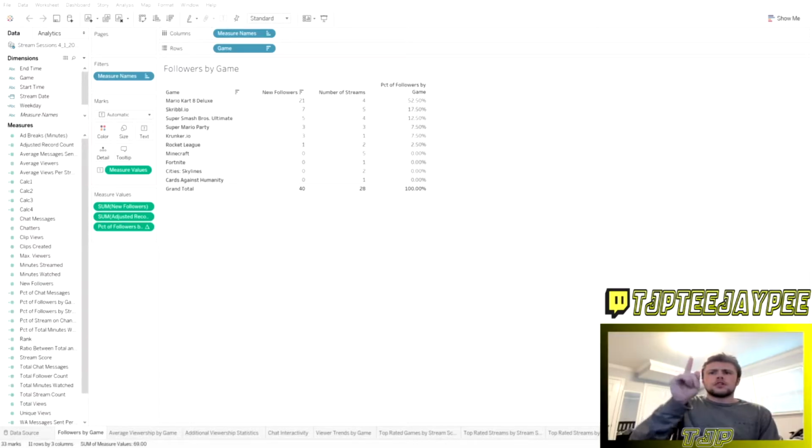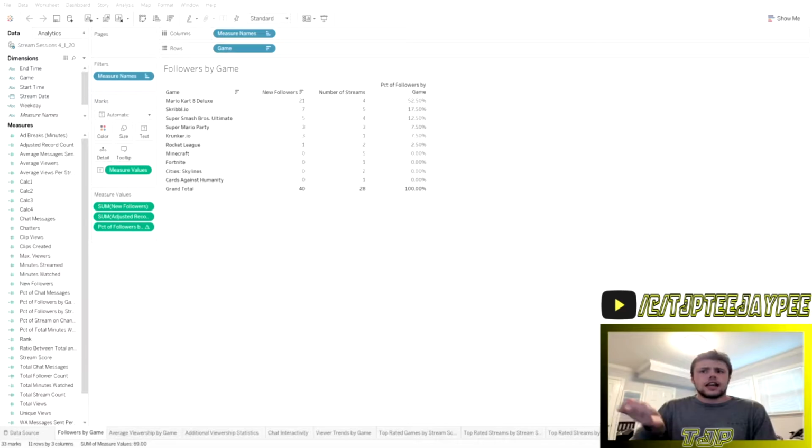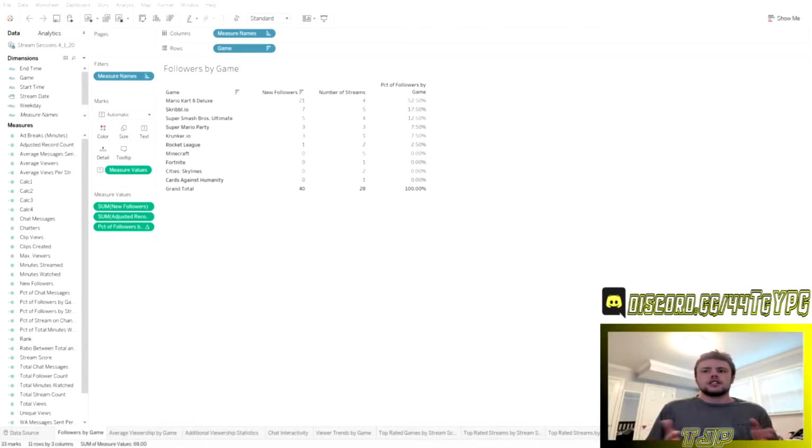So yeah, number of streams. That's another thing. I created a new calculation because I basically could count the records to determine the number of times I streamed. Although, if you disconnect and then reconnect, sometimes Twitch will count that as another stream, which I don't want it to do. So I had to actually make a calculation, something called a level of detail calc, which you guys could check out, like my calculations on Tableau Public, if you want to download the workbook and use it for yourself. It's 28 streams. It's actually 30 in the summary that I download, but I made it so it's 28, which